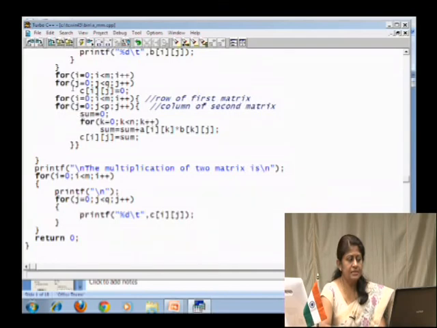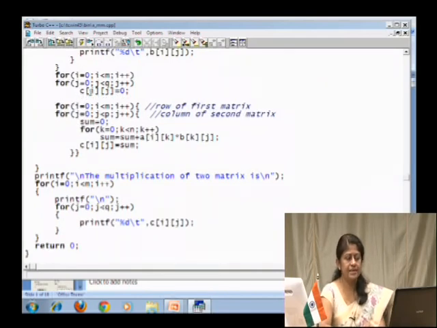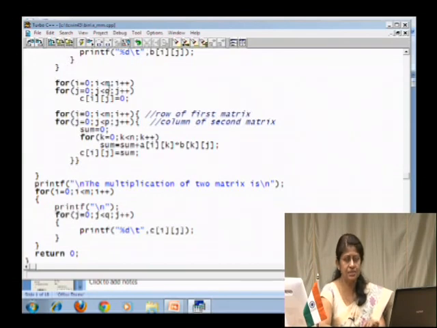And these three steps, as you see, that is for i is equal to, j is equal to and C of ij is equal to 0, it is simply to take a precaution that the resultant matrix does not have any other values. So, as we understand these array values, if we are going to create and not initialize them, then they would contain some garbage values. So, in order to avoid all that, we simply initialize those values, that is C of ij is equal to 0, that is we are resetting or initializing it.